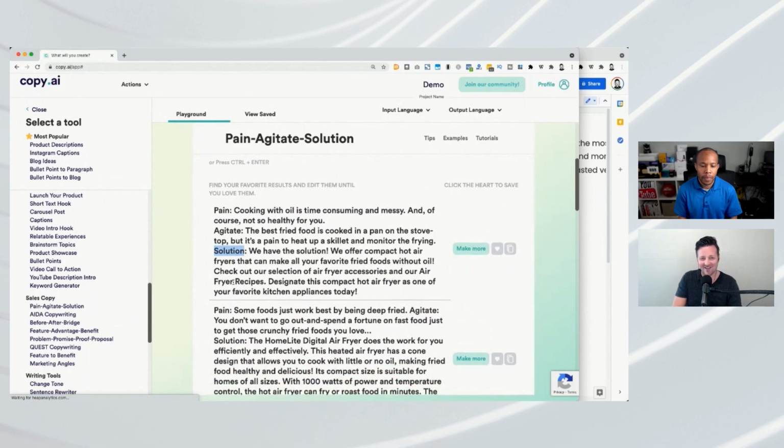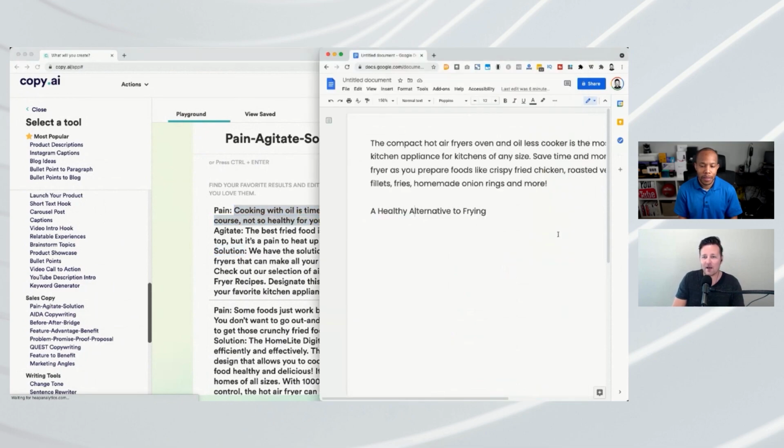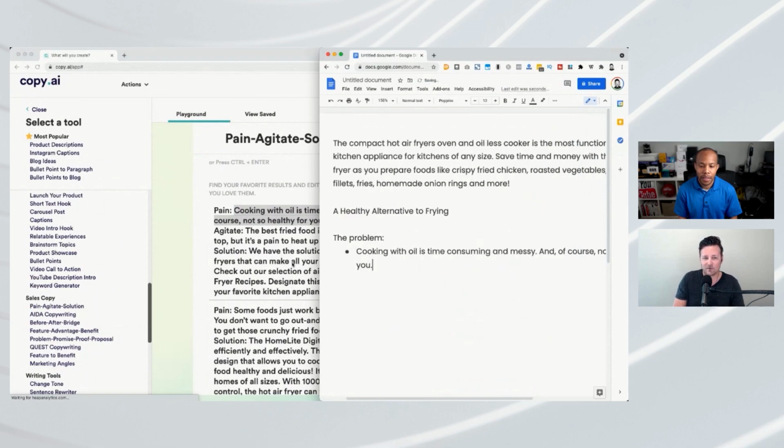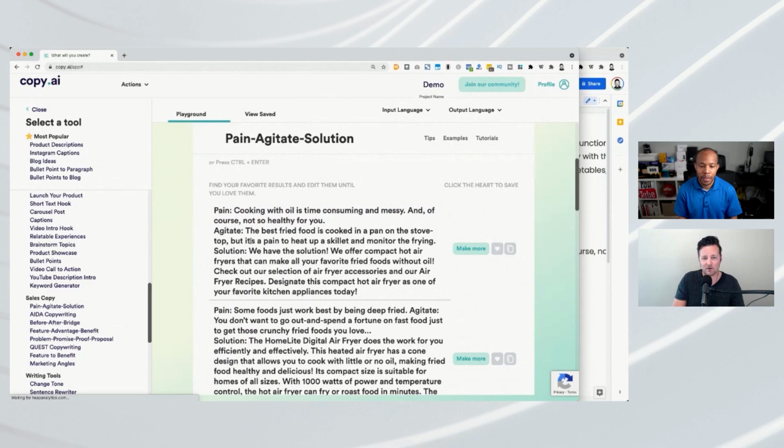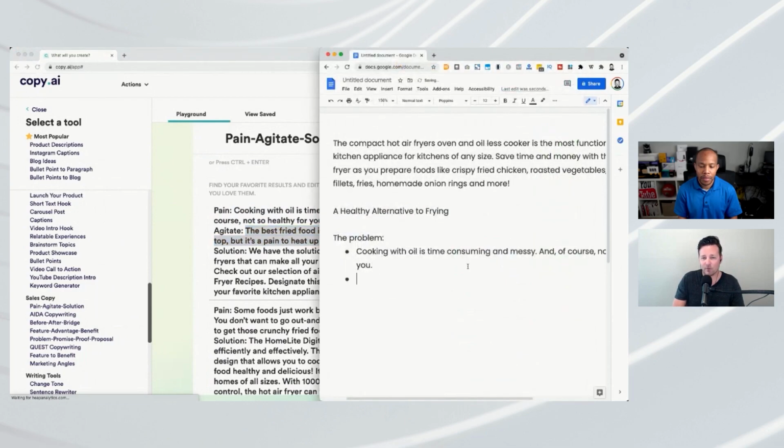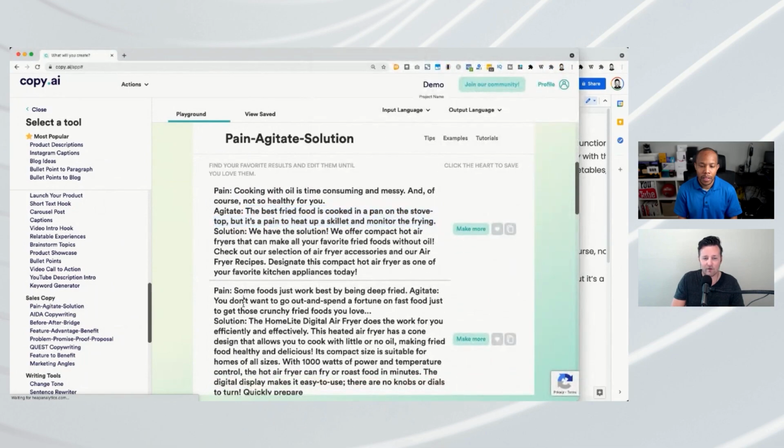So what I usually would do with something like this is I'll look through and find pain points. So I'll copy that and say like the problem. And I'll just start writing those out. So I might go in and just grab a couple of these lines here. And now you've got literally bullet points. Or a video or a presentation or a sales page.